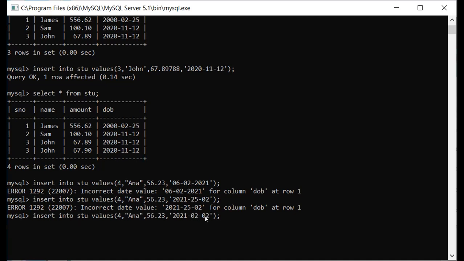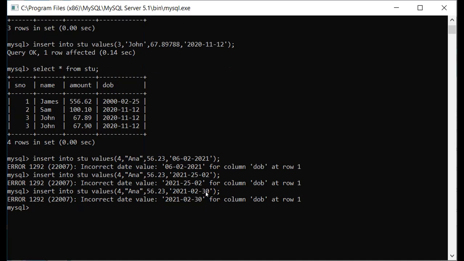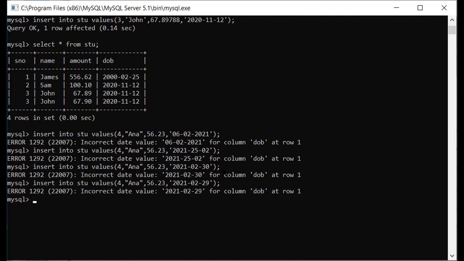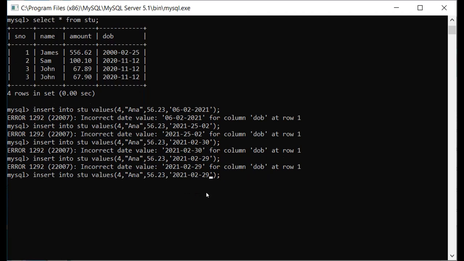Now if I write 02 here, this is perfect. And when we talk about the date, suppose I exceed it and write 30. Again it is giving you an error, because February does not have 30 days. So we should take the date type, since internally it calculates whether you are giving a proper value. Again I'm getting an error because it is not a leap year, so 29 is also not allowed. And now if I give 28, it will work perfectly. You can see over here.